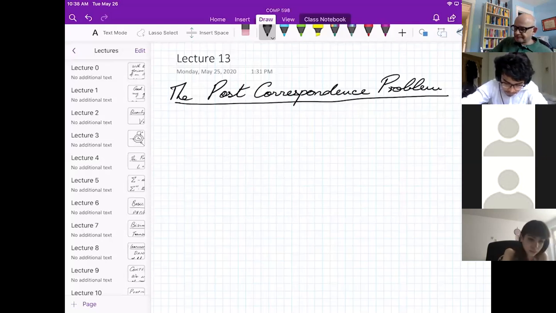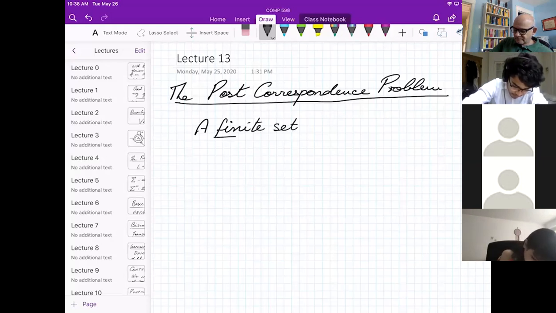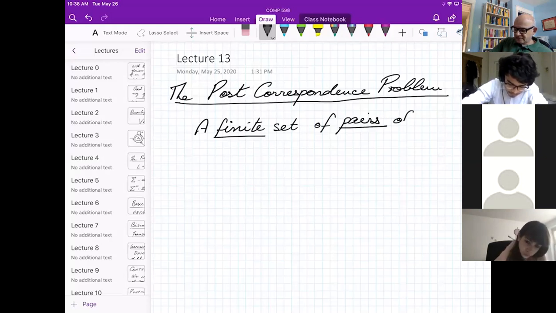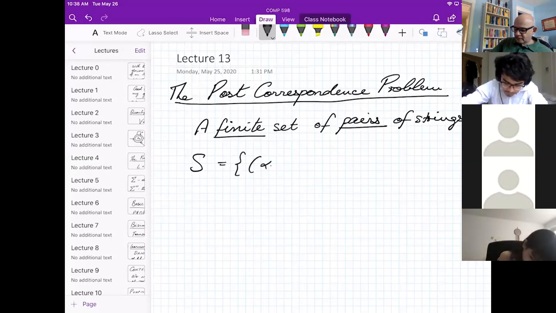You're given a finite set of pairs of strings. Okay, so let's write this set in this form: alpha 1, beta 1, alpha 2, beta 2, and so on.